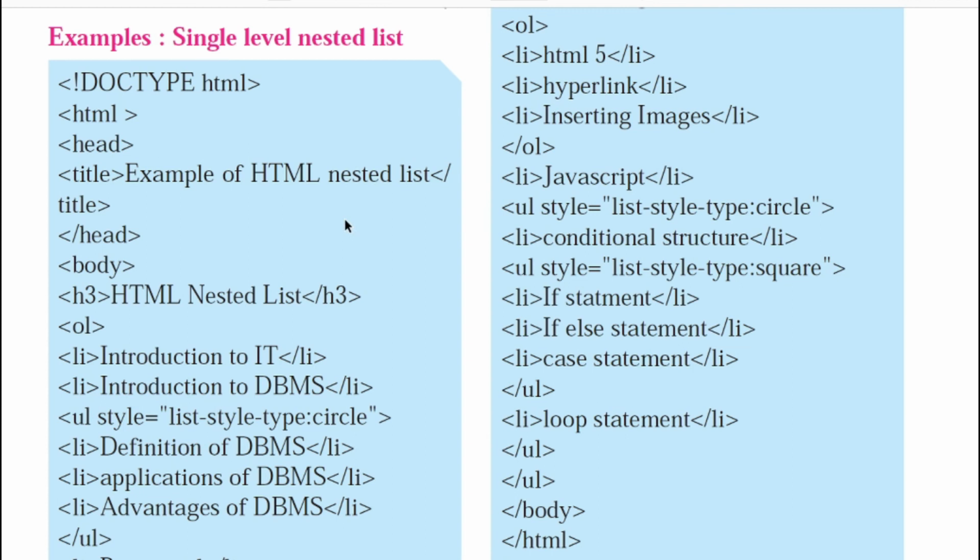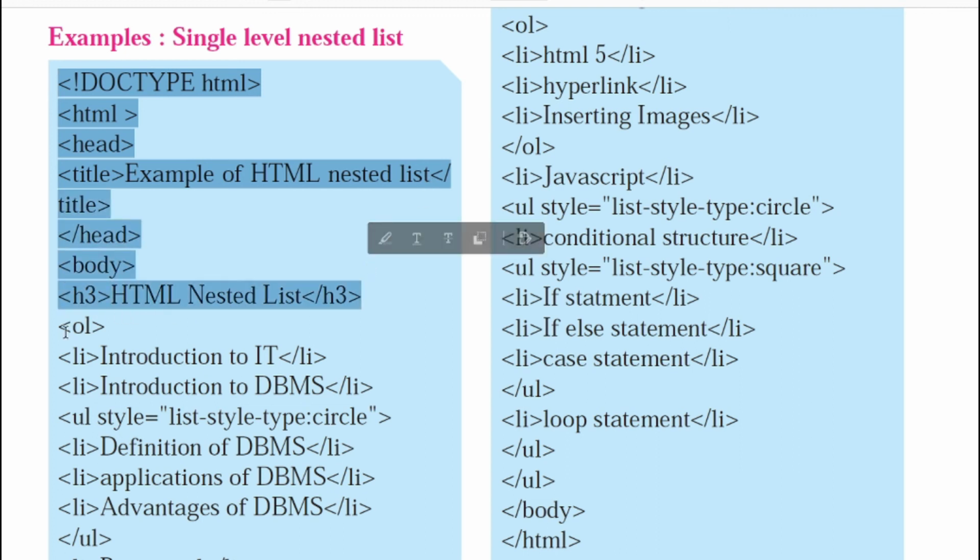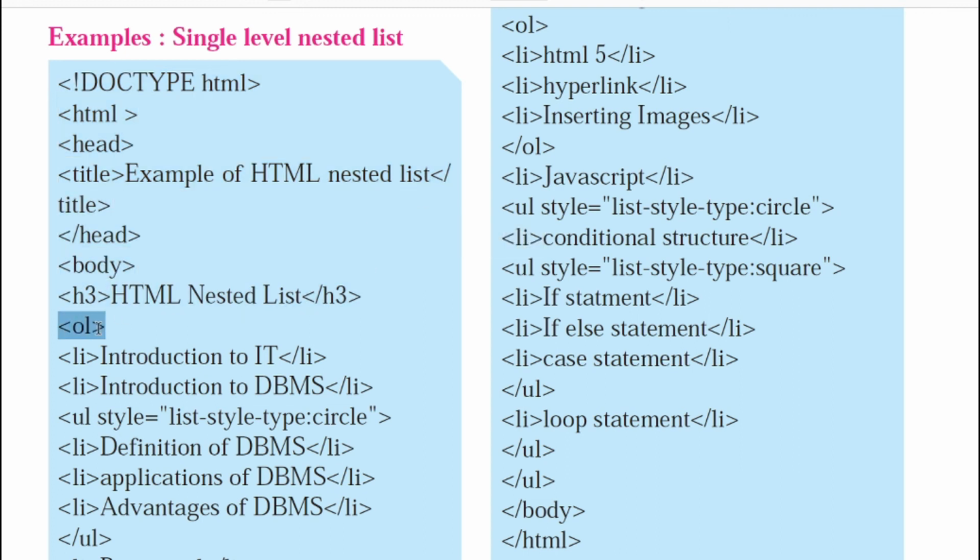Nested lists are a combination of ordered, that is numbers or alphabets, as well as bullets such as circles or disks, etc. Here is a simple example. Once again, a nested list has been created. First, you can see this section which begins with OL, that is, we are starting with an ordered list.